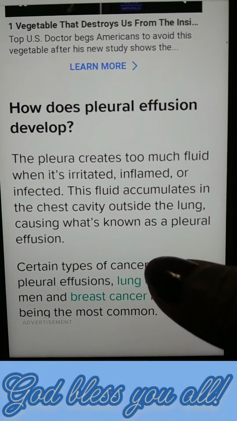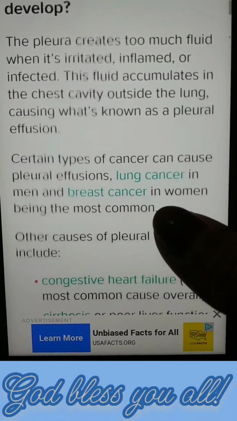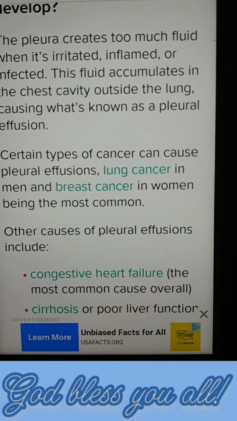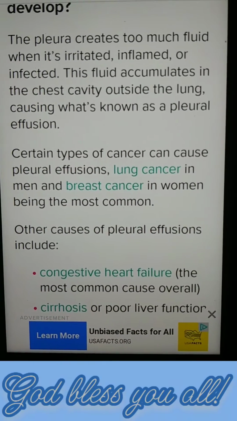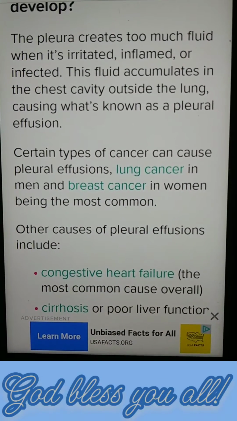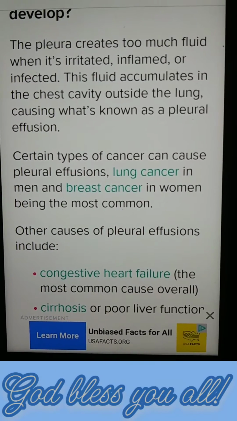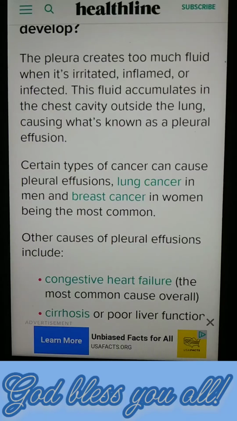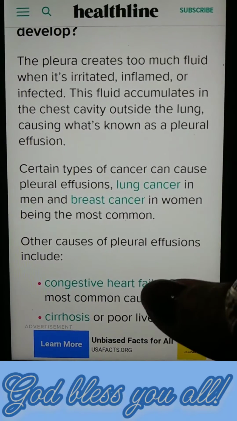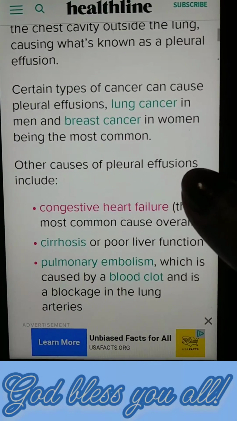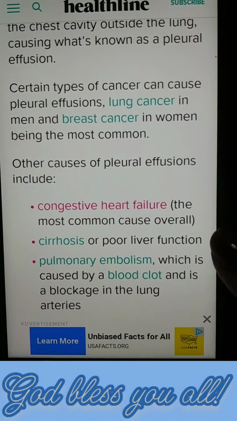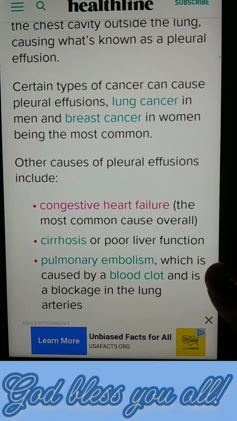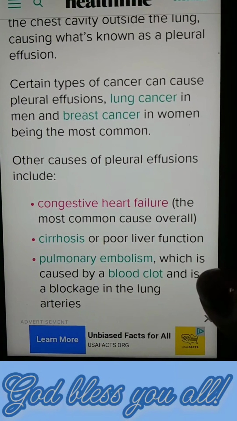How does pleural effusion develop? The pleura creates too much fluid when it's irritated, inflamed, or infected. This fluid accumulates in the chest cavity outside the lungs, causing what's known as a pleural effusion. Certain types of cancer can cause pleural effusion, lung cancer in men and breast cancer in women being the most